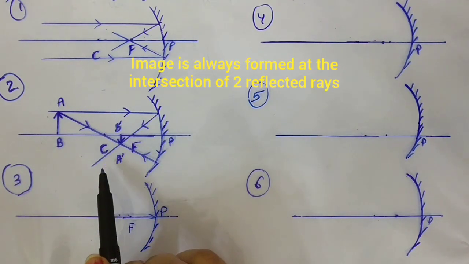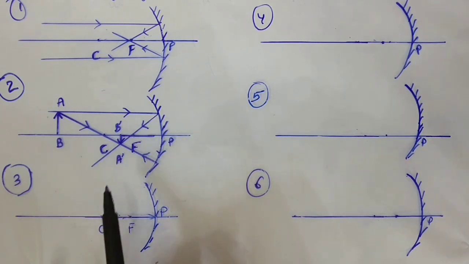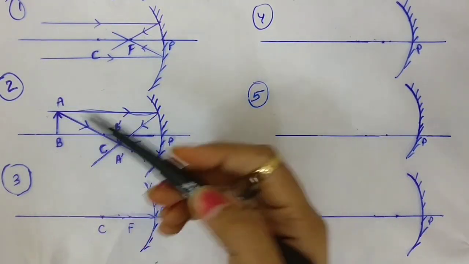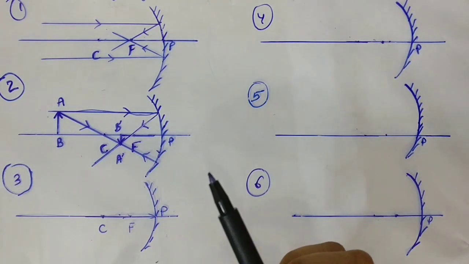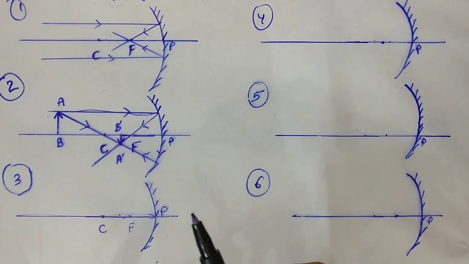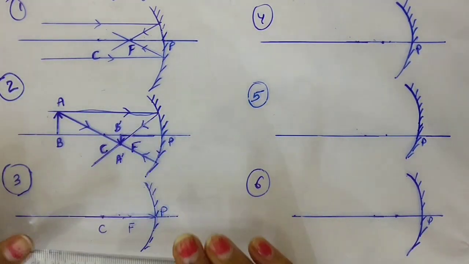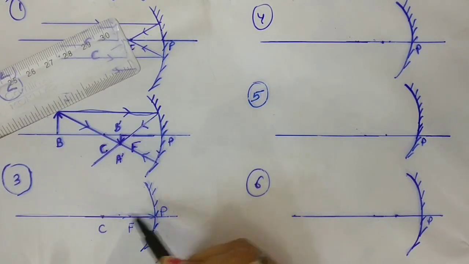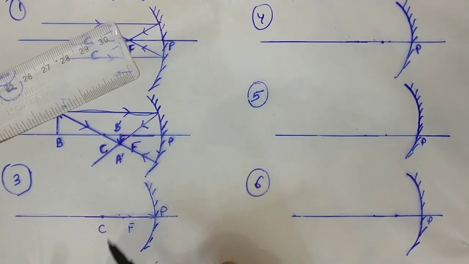Okay, so it seems very easy, but it takes a lot of effort to make ray diagram. So I am going to give you one demo that how to make a proper ray diagram. If the object is mentioned by AB, we can always mention image by A prime, B prime. Now I'm going to give you one demonstration for the image formation if the object is kept at center of curvature. So I will recommend you to not make the object first of all. First make the rays, intersect them, and then you make the object and image.